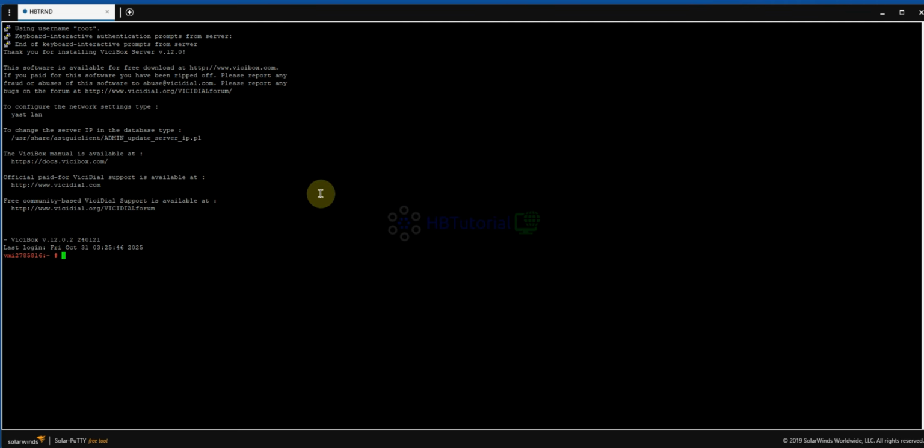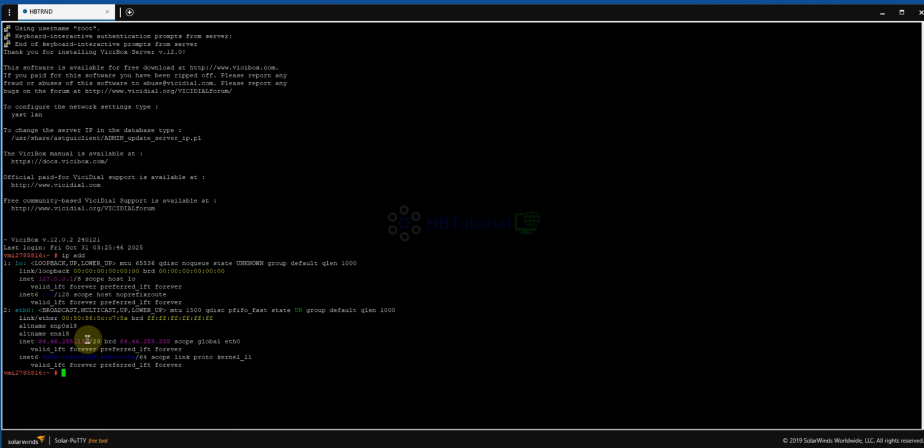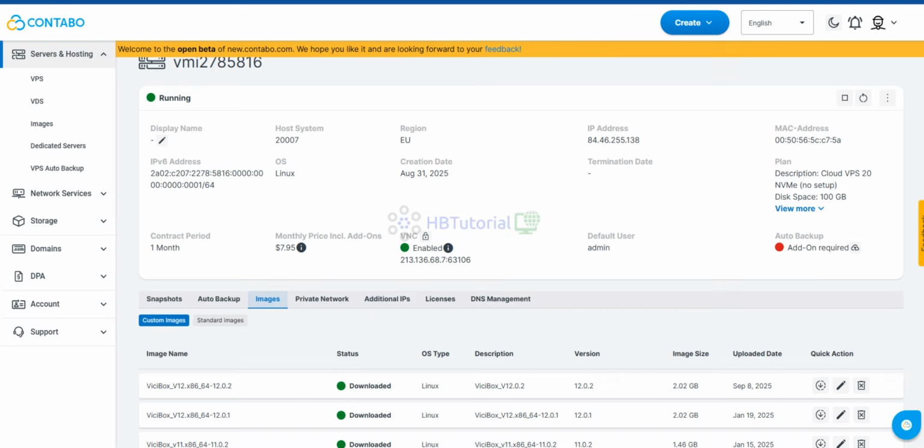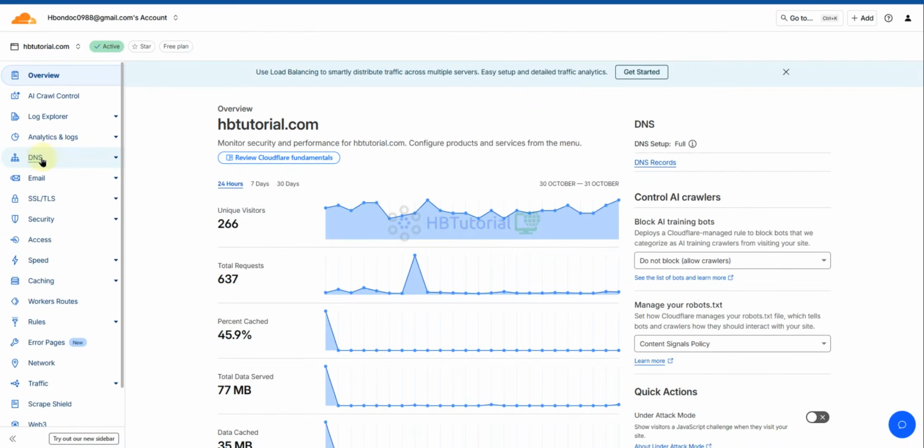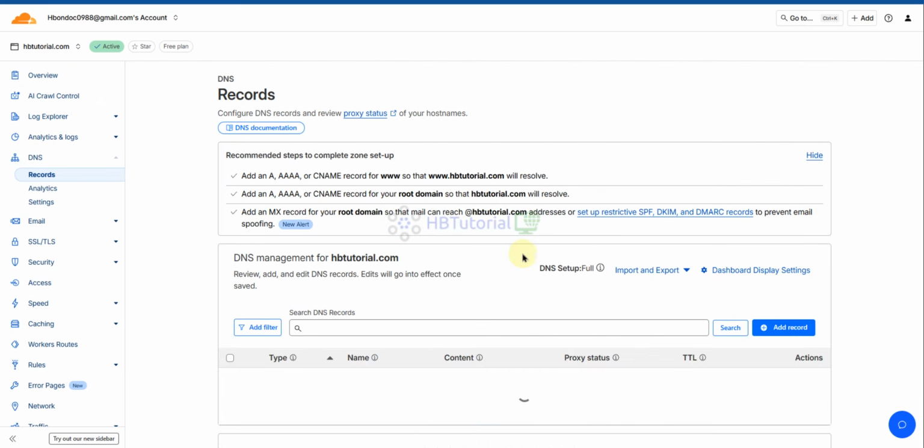So first thing we do here, we need to configure our FQDN or the domain. So our IP, this one, and the FQDN we created before. You need to go to your cloud. I'm using Cloudflare, so go to the DNS.